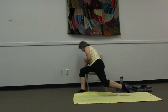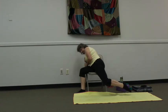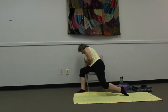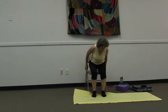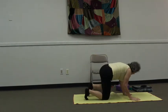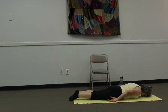Exhaling up, inhaling down. Tummy tucked in, lifting and releasing. And when you feel like you have done enough, release, bring the leg in, turn to your side, center, sit comfortably, relax your shoulders. On the mat, when you're ready, start bringing hands to your side, turn to one side